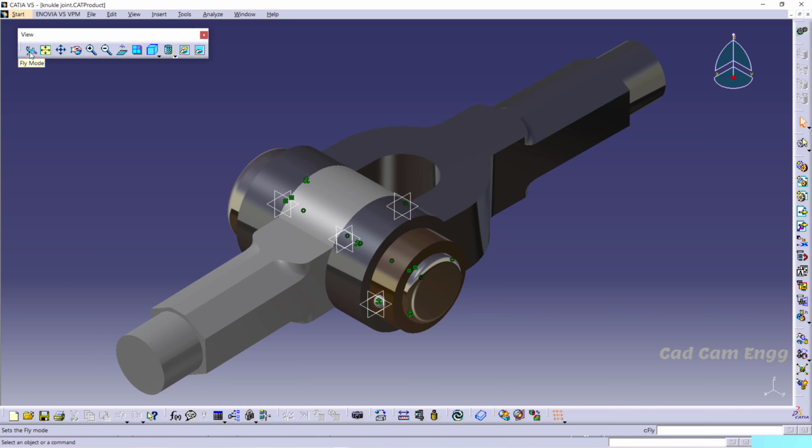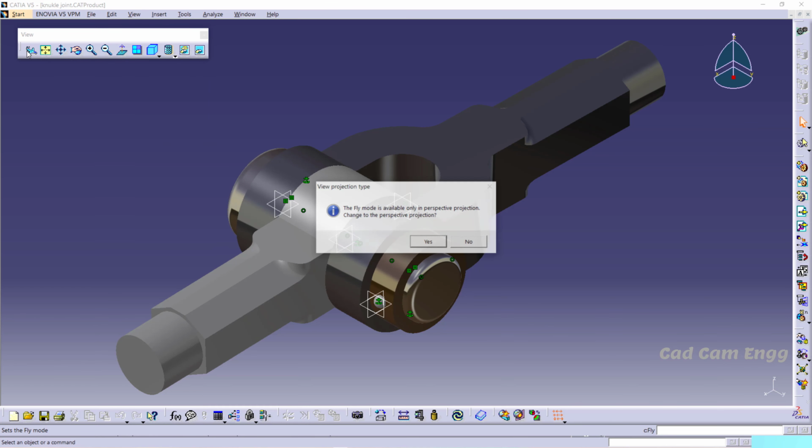Okay, fly mode is nothing but we are going to fly on our object, means we are going to fly through the objects which we have drawn. Okay, let us activate the fly toolbar, and this tool only works on a perspective projection. Okay, projections you may be knowing, perspective in the sense